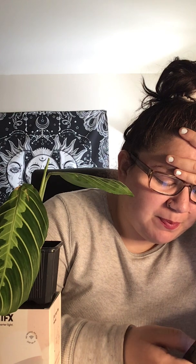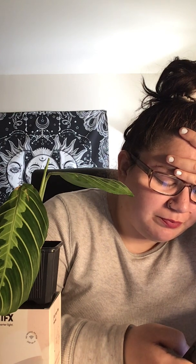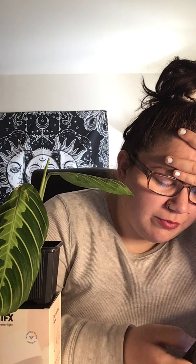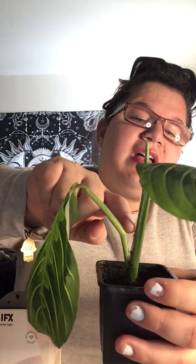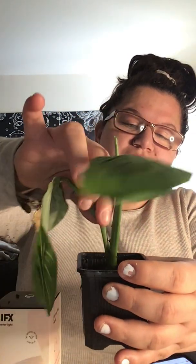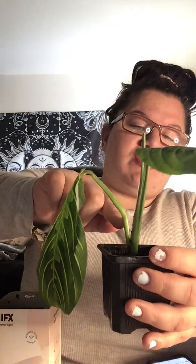Propagation. Once you start gardening, you always want to expand the collection of your plants. So you can propagate in water. Like I said earlier, you're going to have to look for a thick part here. As you can tell, it just looks thicker. And that's where you want to propagate it. That's where the roots are gonna come out. You can do that. I guess they're pretty